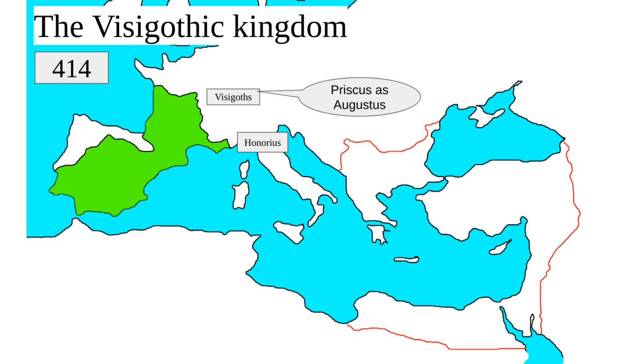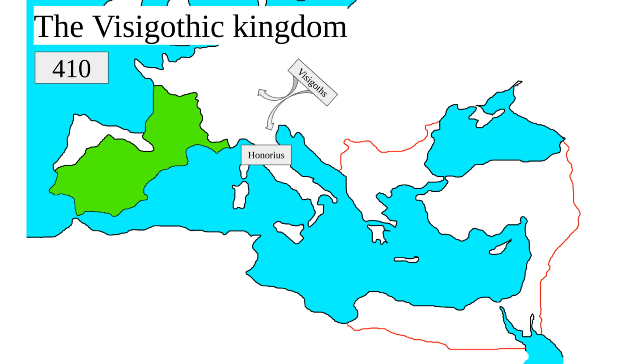In 414, it was the first time that they proclaimed Priscus Attalus as emperor, but they failed. But before that, in 410, it is just mentioned that they attacked Rome. These attacks have to do with Stilicho's death. Stilicho was a very important man and very close to the emperor, but I am not going to go into details yet, or at least not in this video.